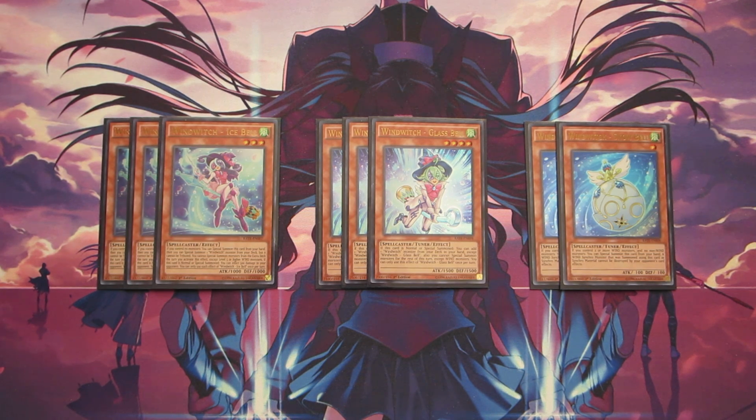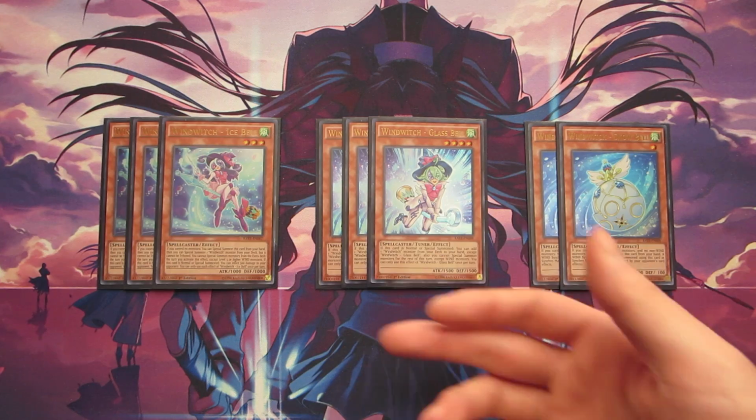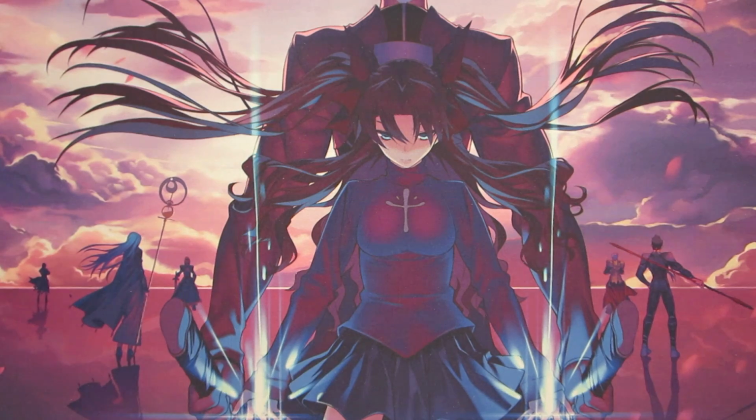playing 2 copies of. So I like the ratio of 3, 3, and 2 because this deck is more Windwitch centered instead of just running Windwitches as an engine. The engine typically consists of 3, 2, and 1, but I'm running 3, 3, and 2 because you want to see them in circulation more often. You always want to have something to be able to summon with Icespell and something to be able to search with your Glassbell. And I'll also get into why I'm running 3 Glassbell in just a moment, but yeah, that's basically all of the Windwitches that we run because those are all the ones that are available to us for